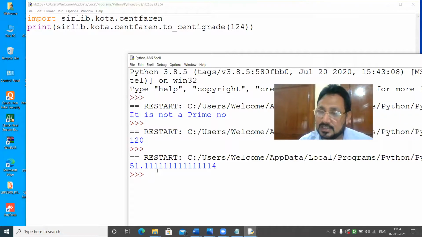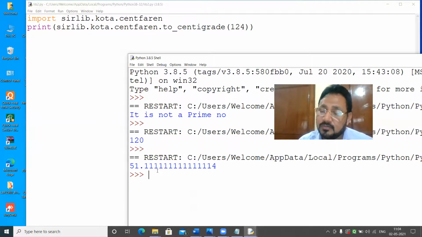Understood? I'm not saying it again, underscore again. Init file is there. Second, the Surlib folder has another folder, quota. Then in quota, we have a module, send parent. Quota should also have an init file in it.